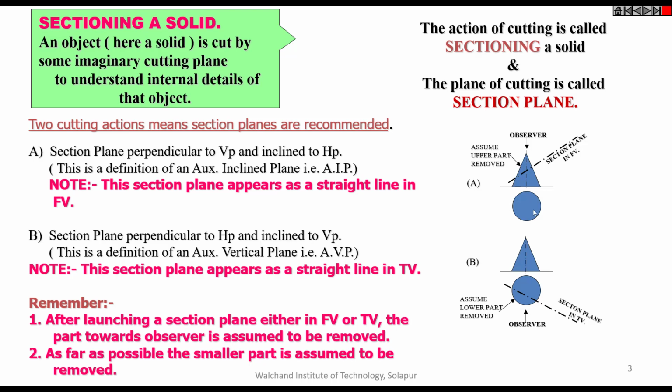In the solids you are going to be observing a given solid as a cone, and this is the top view and this one is the front view. In addition to this, one more line is coming here, a section line. It is looking like a single line, but it is a rectangle. If you consider the rectangle, it is of this nature.